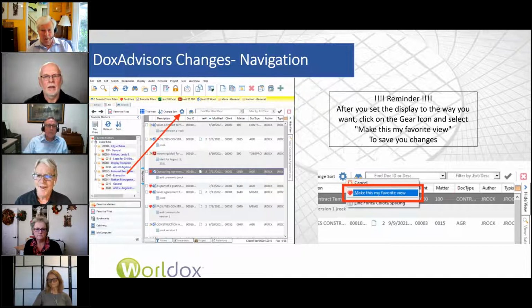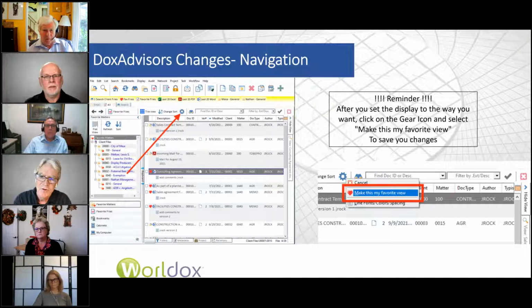I think everyone on this will say that one of the challenges we always have is we make a change to the file list, and then we come back the next time and that change wasn't held. And in GX4, it's a lot easier to make a change in the user interface and save it. So over here on the screenshot on the left, I've opened up the navigation panel and I want to keep it expanded. So what I do is I click the gear icon, which is the red arrow on the left, and that displays the screenshot on the right. And it says, make this my favorite view. And once you click that, make this my favorite view, that will then